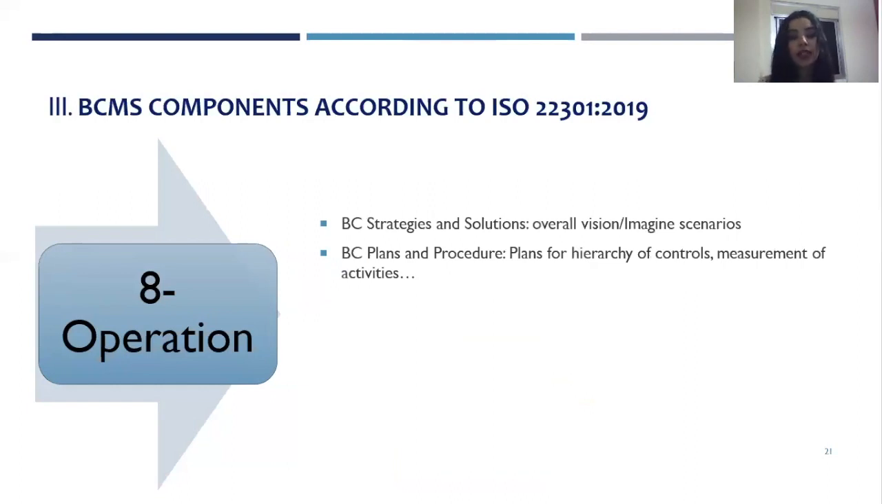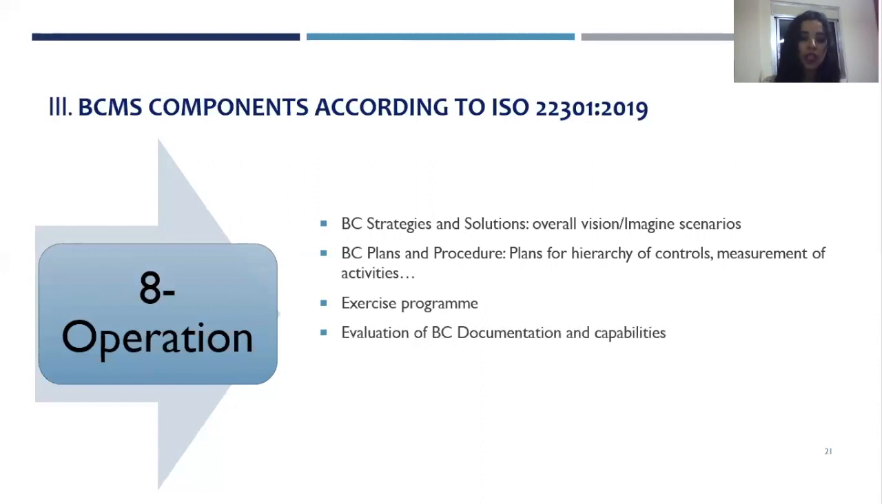Business continuity strategies and solutions should also be developed. When we talk about strategy, we are talking about the overall vision. We imagine scenarios. For example, we might move to online trainings, remote audits, and so on. Business continuity plans and procedures. Here we plan for hierarchy of controls, measurement of activities, setting KPIs, exercise program, evaluation of the business continuity documentation and capabilities,